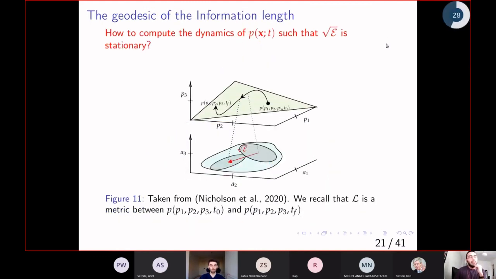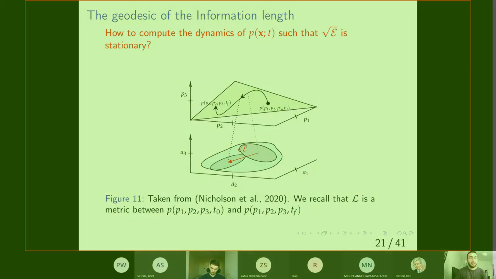All right, so the following will be that problem about optimization. What if I want to find the geodesic of the information length? The information length, as I told you, is the total amount of statistical changes that the probability distribution takes over time, and it gives you a length thanks to the application of differential geometry to